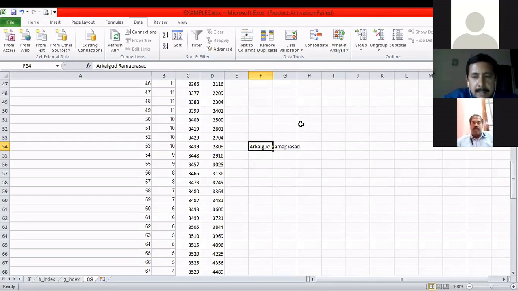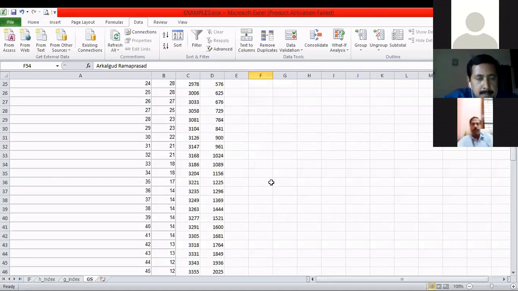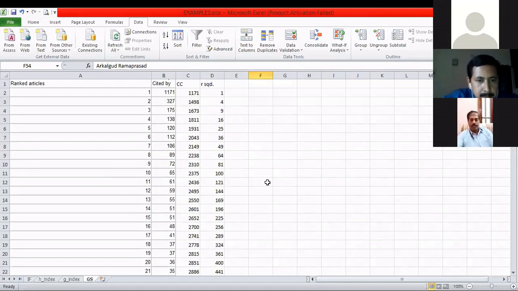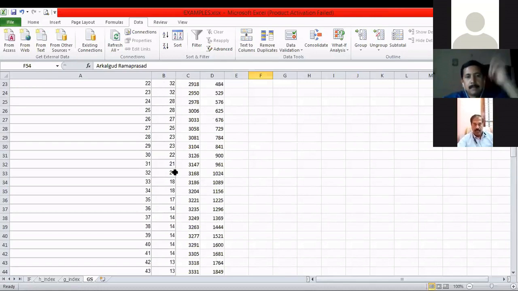You will find that I-10 index is 53, and the H index is, where did we say, 26? 26. Okay, fine. So this is about the various metrics.